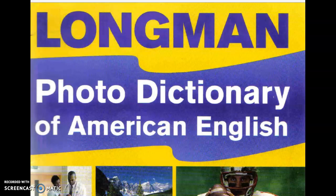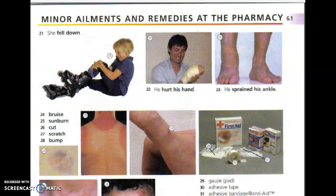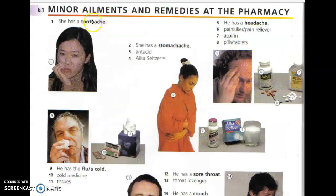Now the dictionary. We did the health, page 44 to 45. We did more than that actually. Let's see if I have the right page. Minor ailments and remedies at the pharmacy. She has a toothache. She has a stomachache. Antacid,